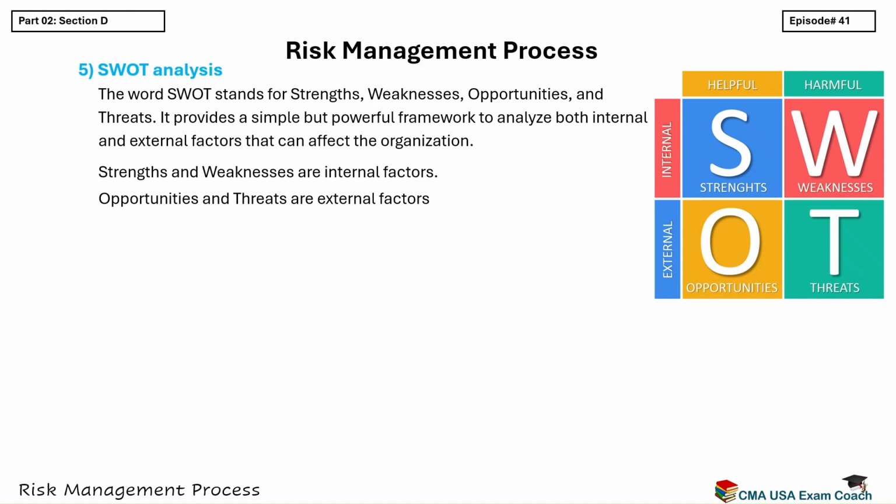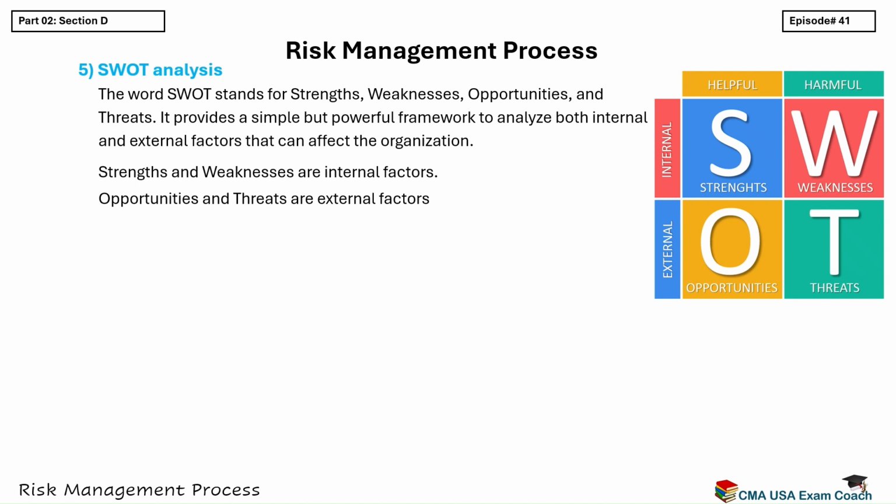For example, a weakness like high debt indicates financial risk. A threat like increasing competition highlights strategic and operational risks. Opportunities can also point to risks if the company is not prepared to take advantage of them, like missing out on a new market opening. So, SWOT analysis is not only about planning strategy, but also about making sure risks are properly identified and managed